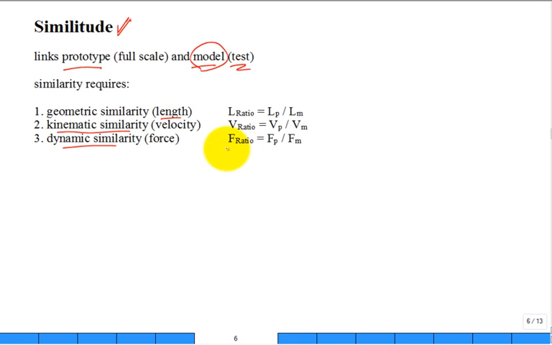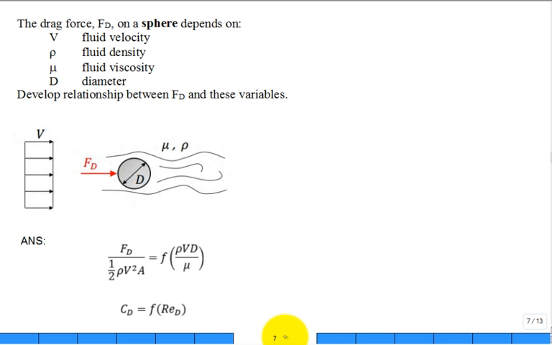So you have some force ratio, velocity ratio, length ratio, and if that's right, then you can extrapolate measurements from a handful of measurements to a wide range of measurements, and that's what's done a lot in fluid mechanics. For example, remember the sphere? We said, well, the drag force as a function of the diameter of the sphere, the fluid properties, the approach velocity, the uniform flow field, and then we came out with a drag coefficient, C sub d,